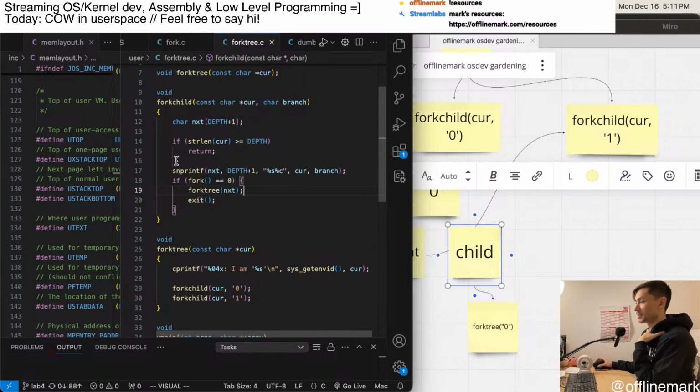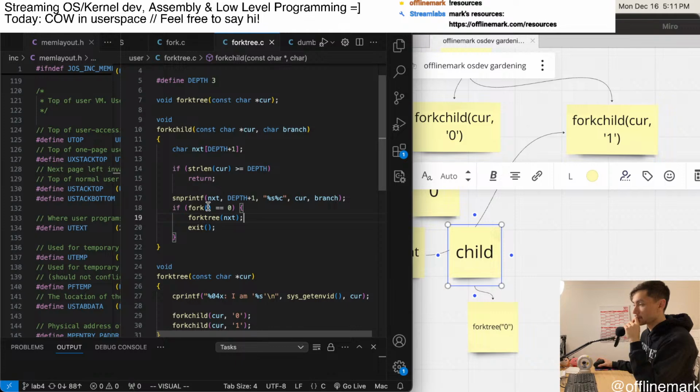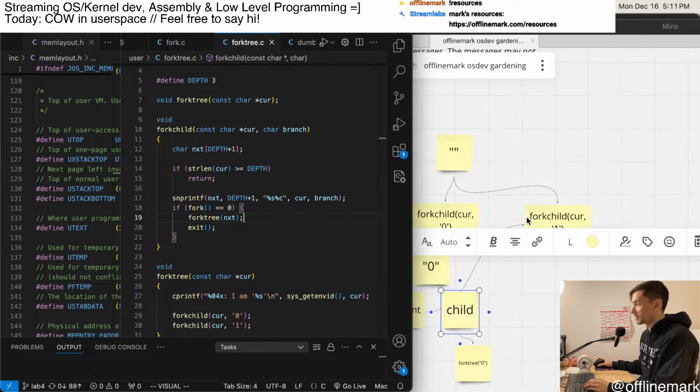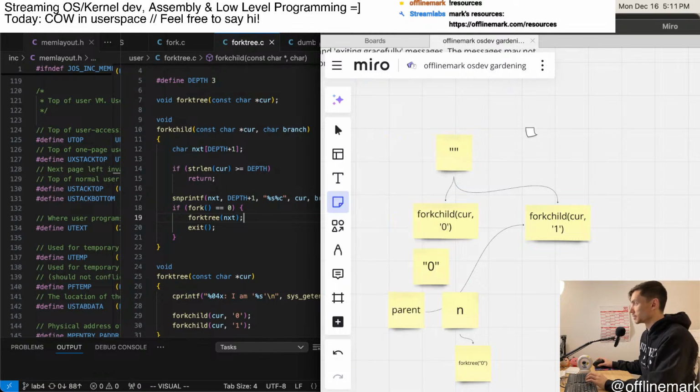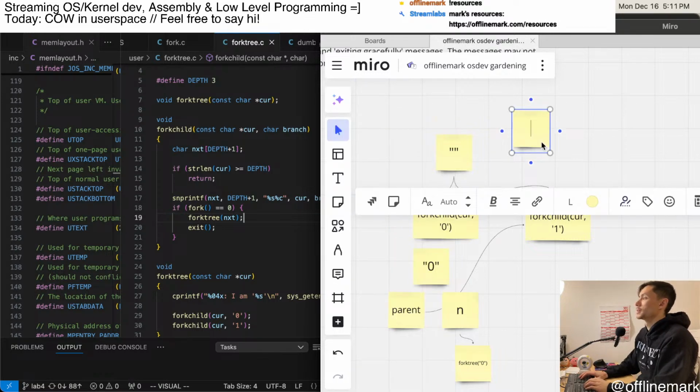So what that means is actually then, if we map out our process table, it's going to be process 0, and then,